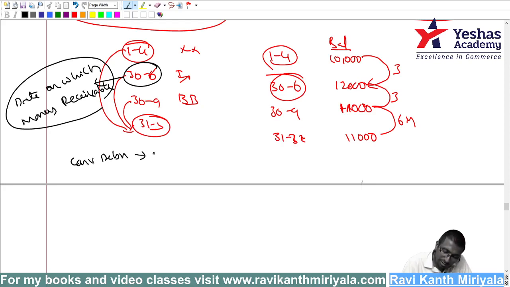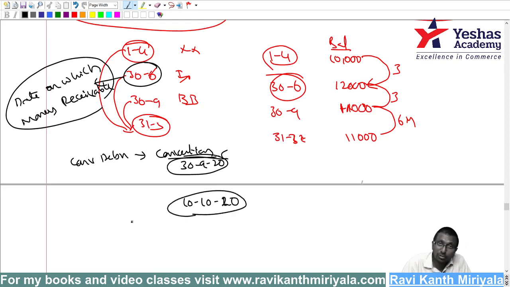But sir, what about a convertible debenture? In a convertible debenture, the conversion date is stated in the prospectus at the time of issue itself. Say on 30th September 2020 we are going to convert it. You have to take this date, even though the actual conversion may take place on 10/10/2020 when the board of directors passes the resolution. You are not supposed to take that.